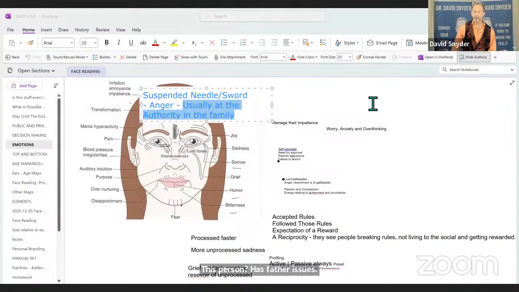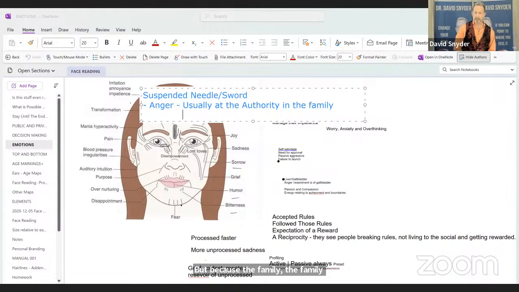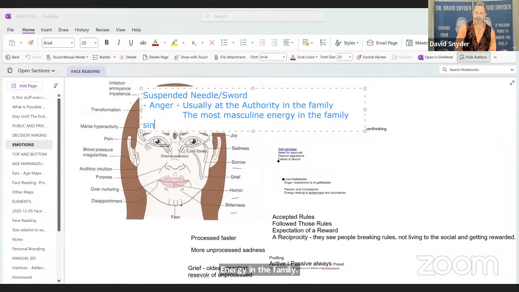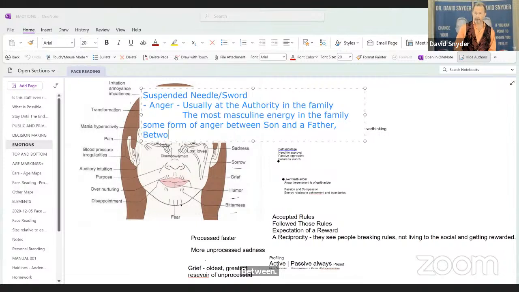But because the family unit has really changed significantly since classical times, I like to use the term authority figure, or in many cases, the most masculine energy in the family. This is often expressed as some form of anger between a son and a father, between 2 brothers,